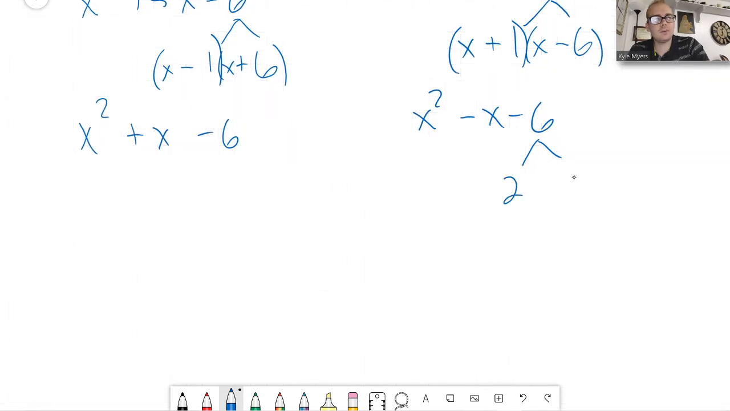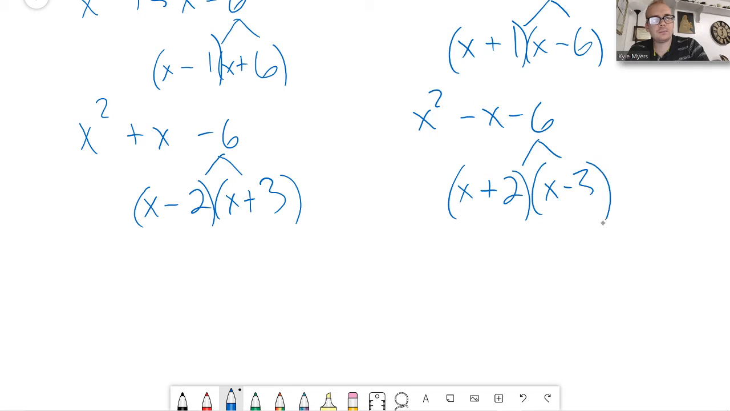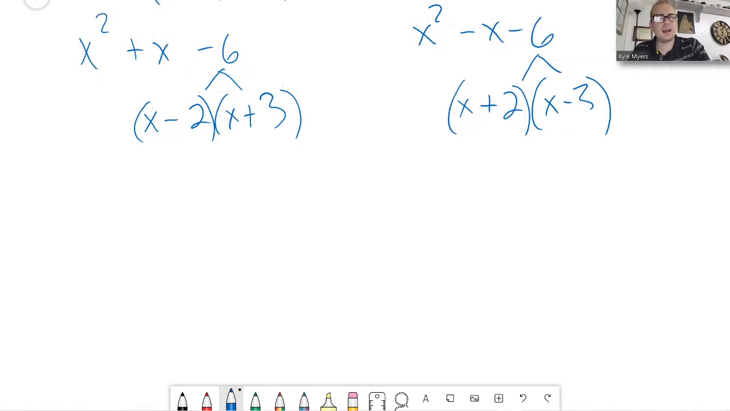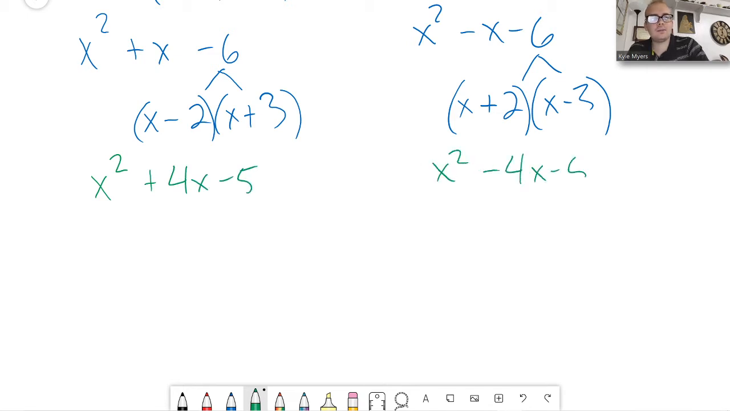So this is 2 and 3. Minus, plus, plus, minus. Alright, so again, as we go along, what we're trying to do is we're trying to multiply to get the last number and add or subtract to get the middle number. So then we have x squared plus 4x minus 5, x squared minus 4x minus 5,